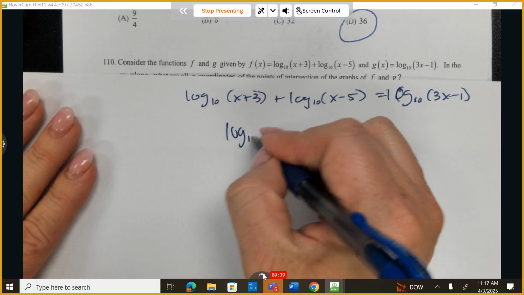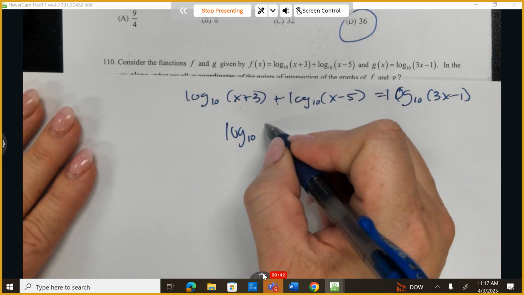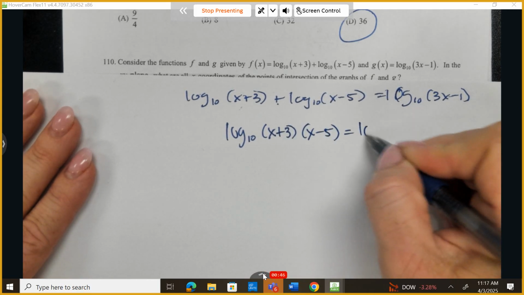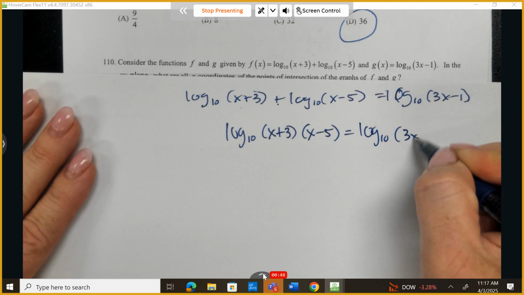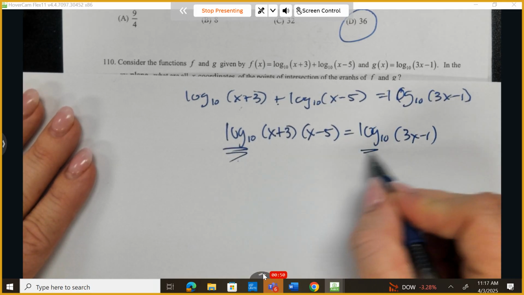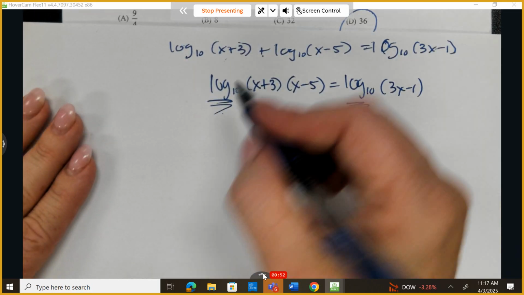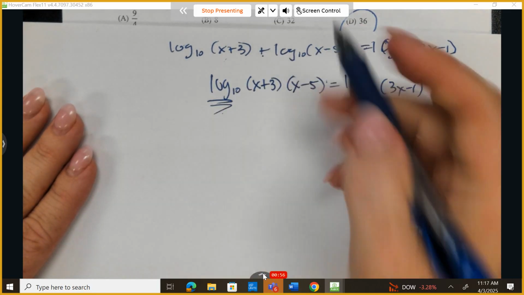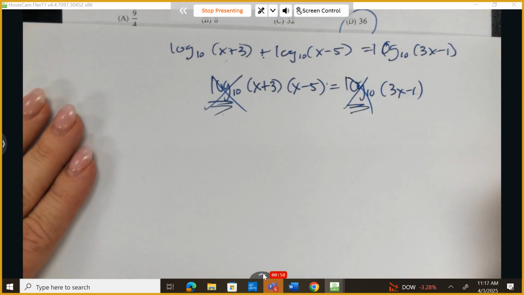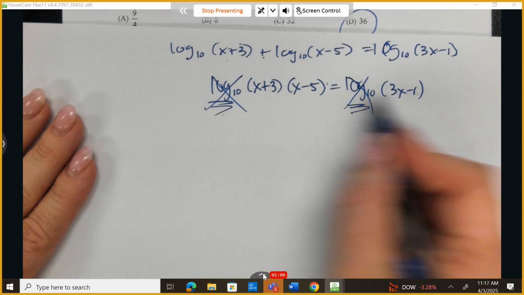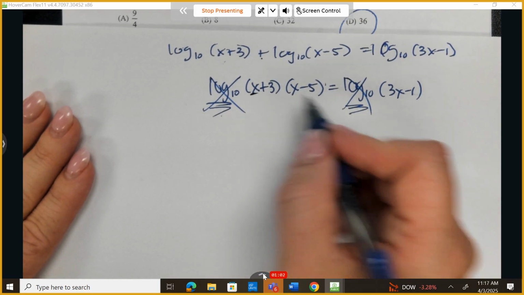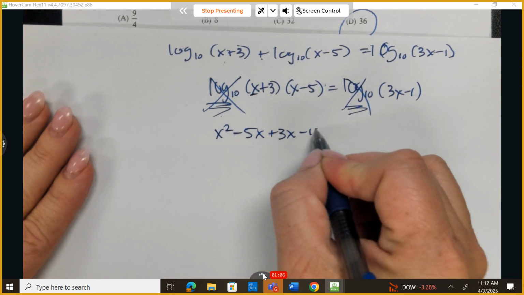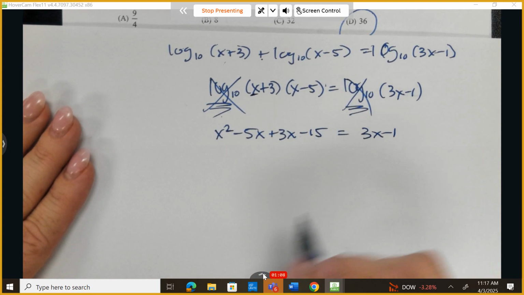When I condense them, addition turns into multiplying. So I have x plus 3 times x minus 5 equals log base 10 of 3x minus 1. Because I have the same log base, and there's nothing additional, so it's not like a plus 2 or a minus 7 behind these, I'm able to cancel out log base 10, and now I'm going to just solve for x. So I'm going to start by FOILing: first, outside, inside, and last,